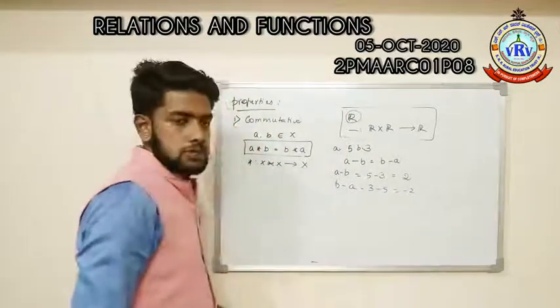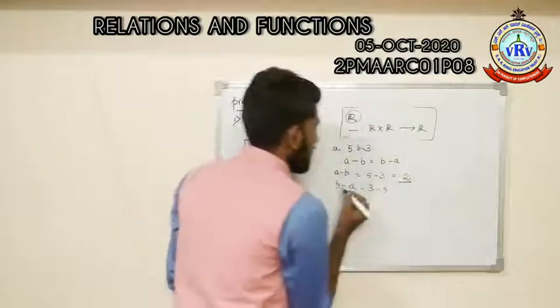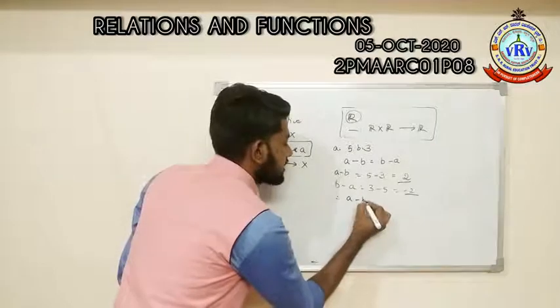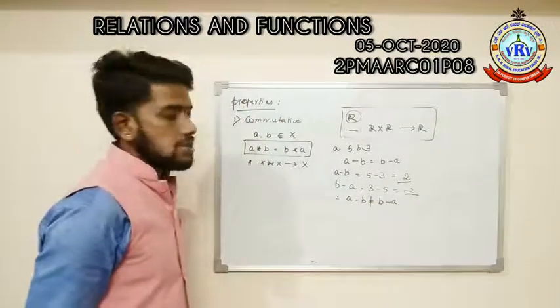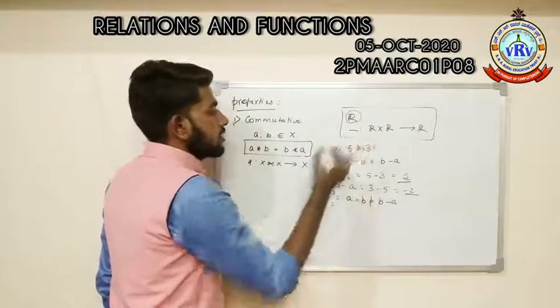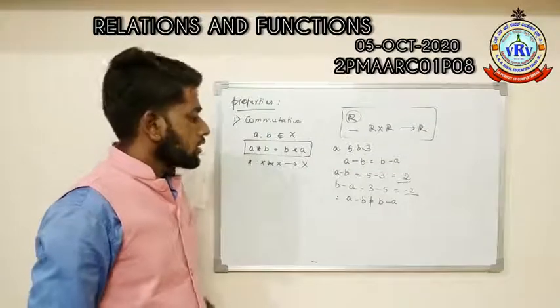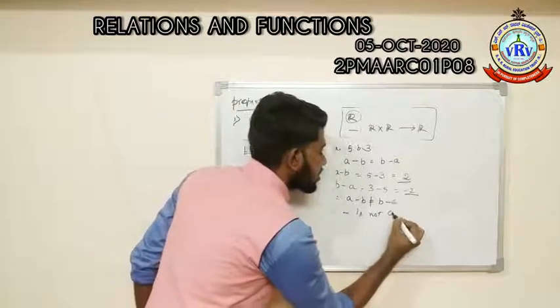Now you can observe here, we are getting A minus B as plus 2 and B minus A as minus 2. Therefore, we can clearly tell that A minus B is not equal to B minus A. Therefore, this condition fails if we are considering subtraction. Therefore, subtraction is not commutative